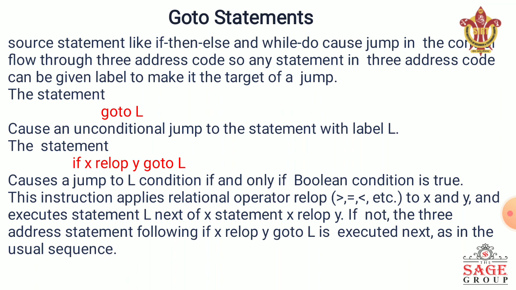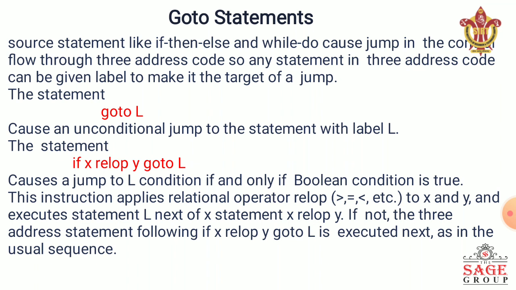As we already know, in programming there are conditional statements like if-then, if-else, nested if, and control loops: while, for, do-while. All these are types of conditional and control loops, and they are dependent on some condition. If the condition is true, we perform our work, and if the condition is false, we do not perform our work, or whatever the condition was given. So all these conditional and control statements can be represented by go-to statements.